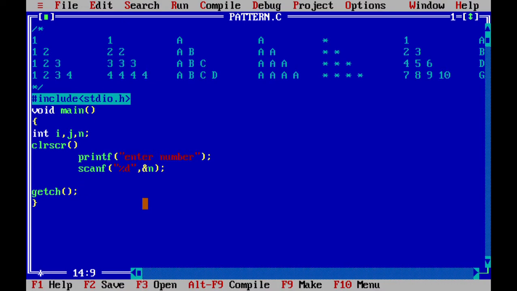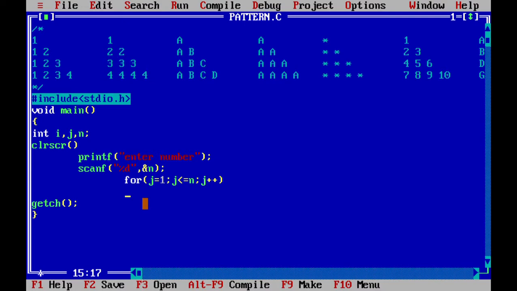So before printing the pattern, first try to print the numbers 1 to n onto the screen. Suppose I want to print the numbers 1 to n, so I will say j is equal to 1, j less than or equal to n, because I want to print 1 to n numbers. I am printing the value n also, so j must be less than or equal to n. If you say only less than, then it will not print the last value, the nth value. So write j less than or equal to n, and after that write j plus plus.